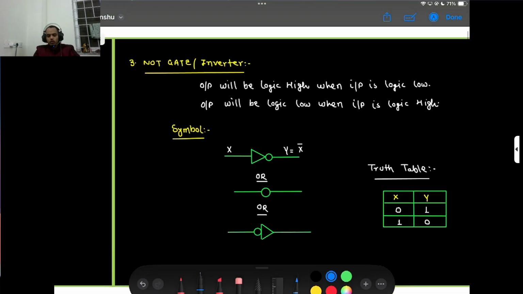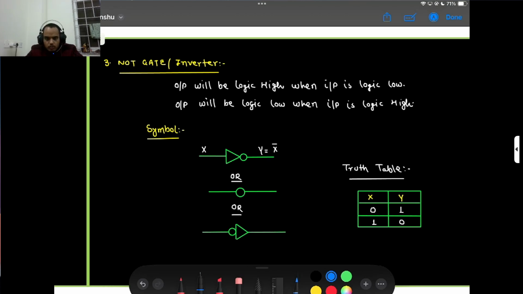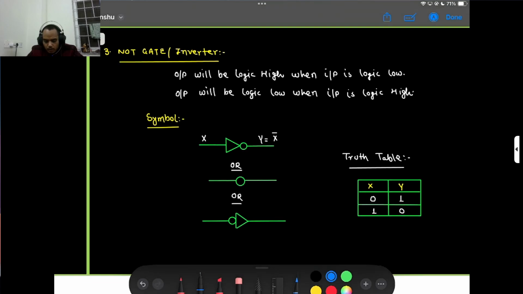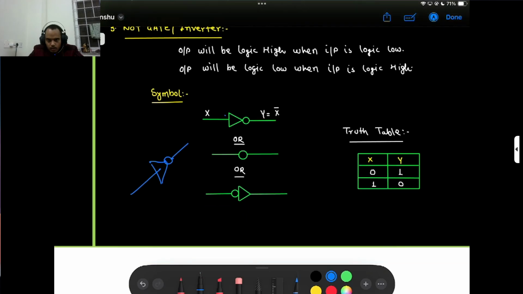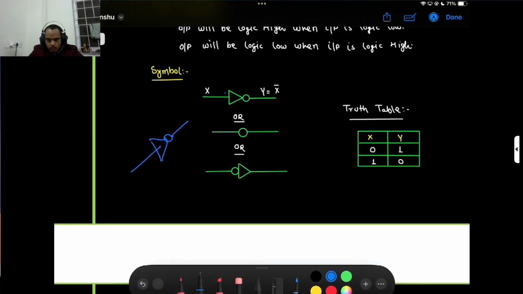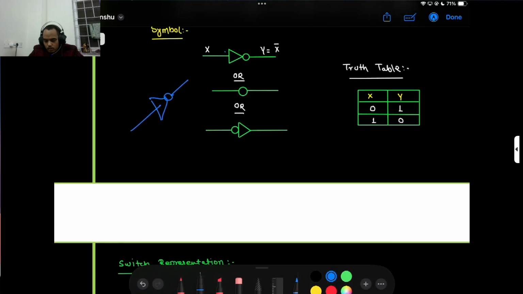So now comes to the NOT gate. Basically, a NOT gate has one input and one output, and the output will be logic high when the input is logic low, and the output will be logic low when the input is logic high. So the symbol is just like this. So this is the truth table